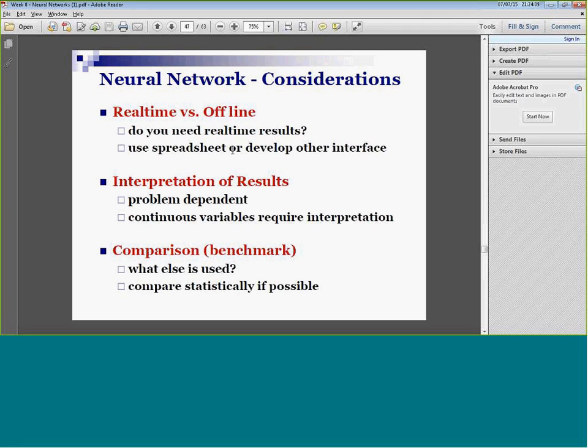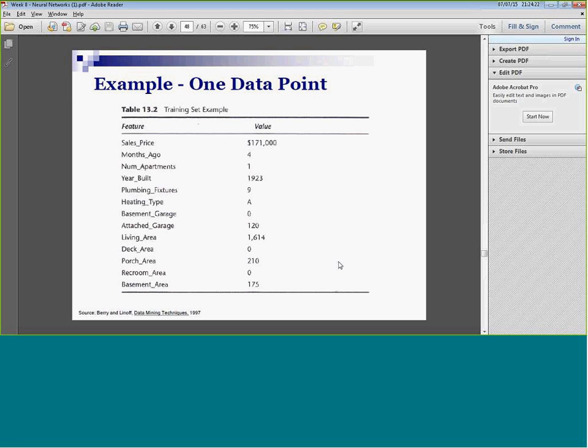Can you do something in a spreadsheet or other interface to help? And how do you interpret the results? That's problem dependent. And again, what are you comparing it to? What else is used, and how much better or worse is the neural network? Now, here's an example. And by the way, neural networks are used for appraising houses in several counties in California